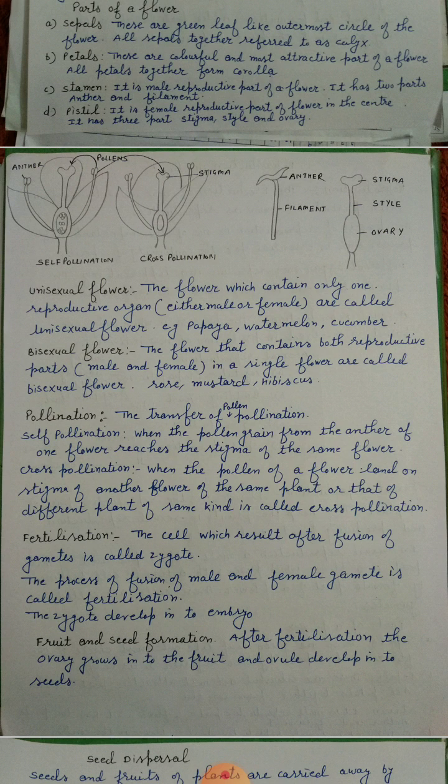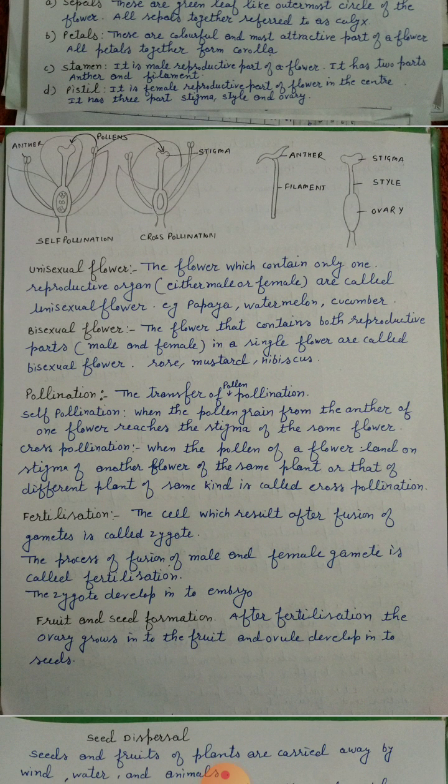Then we have the stamen. It is the male reproductive part of a flower. There are many stamens present in a flower, and each is made up of two parts. One is the anther, which is a bilobed structure, and the other is a long tube-like structure called the filament. Similarly, the pistil is the female reproductive part of a flower. In the center, it has three parts: stigma, style, and ovary. Then you can see in this diagram